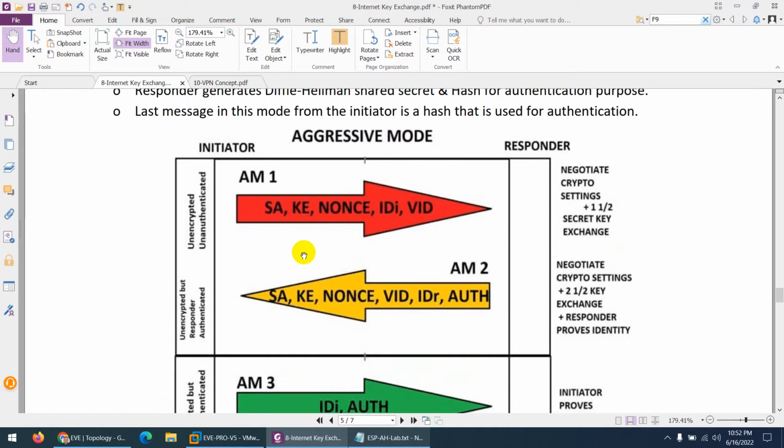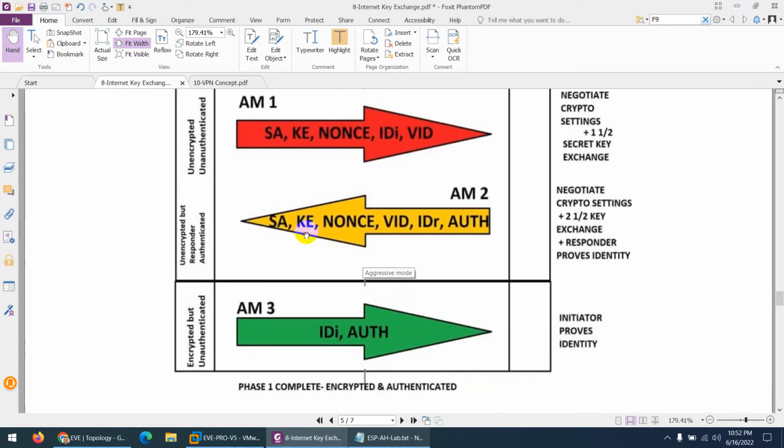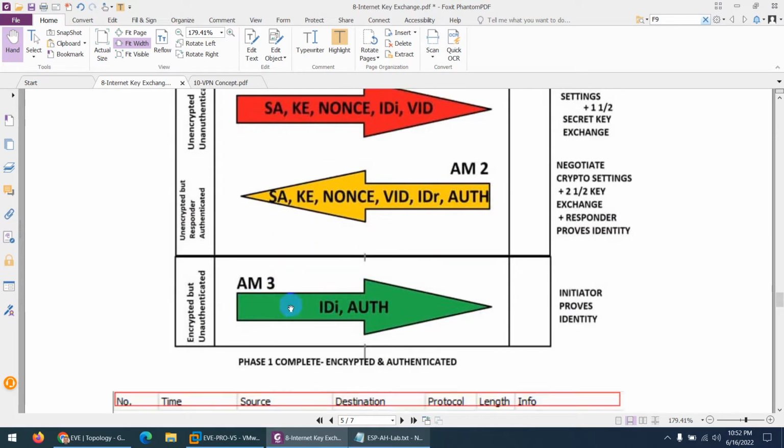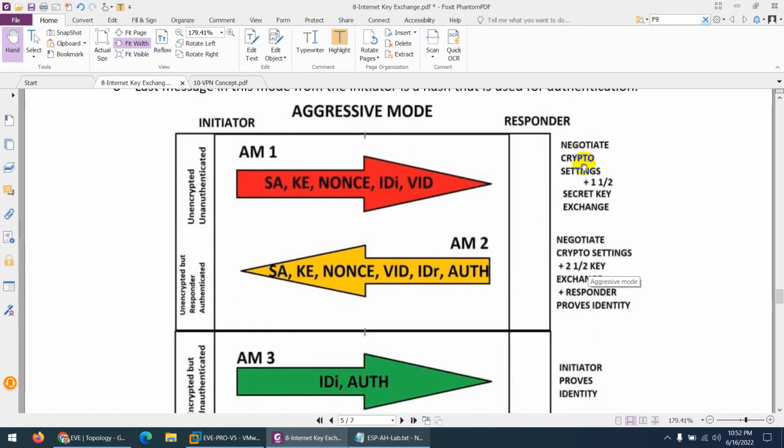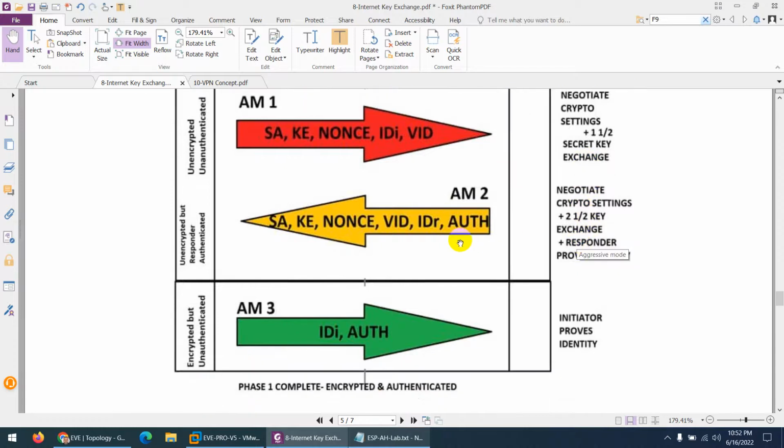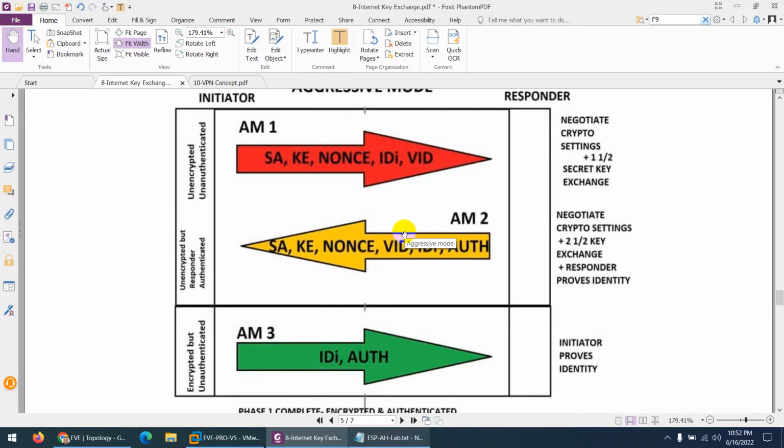Then the other side also responds with security association, nonce value, Diffie-Hellman, and authentication, everything in the second packet, and finally they will prove their identity. So here is negotiation of crypto settings, secret key exchange, which is Diffie-Hellman, and similarly the responder will do the same thing. So they combine all those things which were in 4 packets into 2 packets,